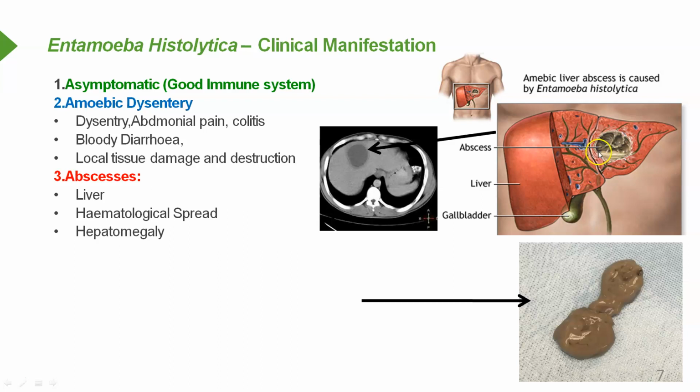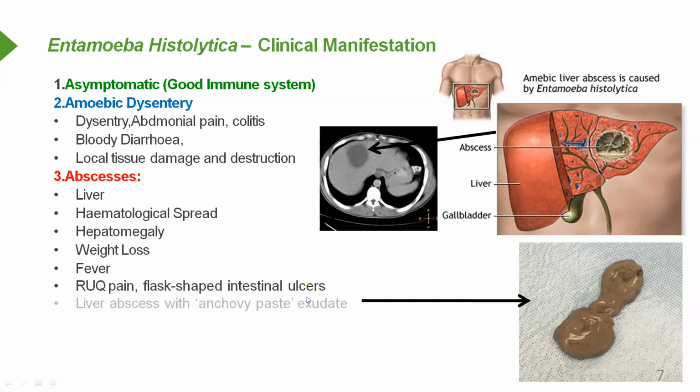Here we can see a diagrammatic representation of liver abscesses, which can be seen through the CT scan. We can see the abscesses here. Later, it can cause hematological spread because of these abscesses, which have entered the blood. It can cause hepatomegaly, then weight loss, and fever may be experienced by the patients. There is right upper quadrant pain, flask-shaped intestinal ulcers will be seen, and sometimes there is a condition called